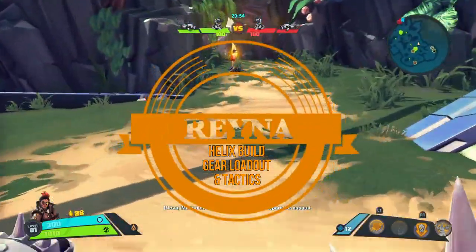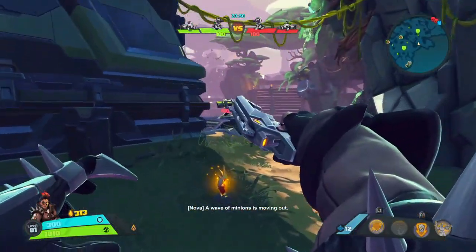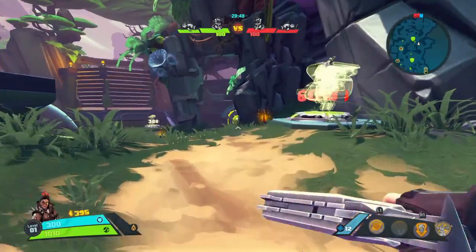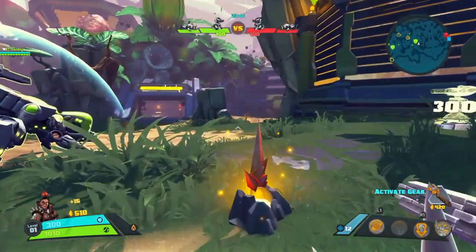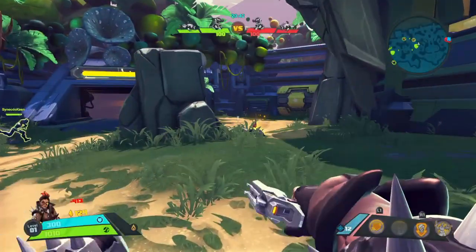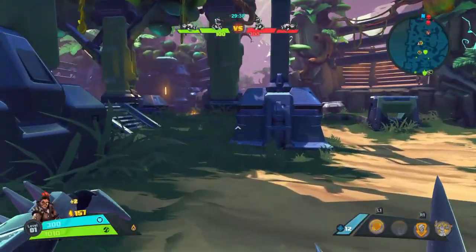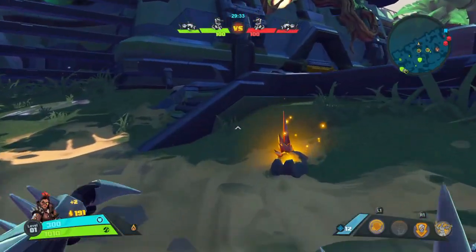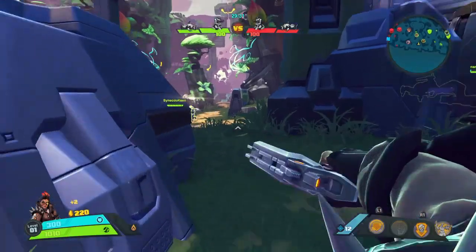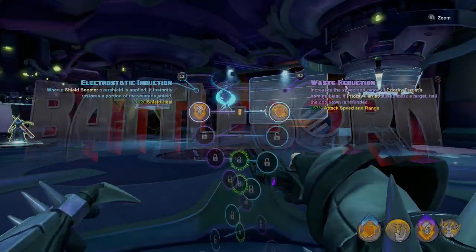How's it going, everybody? Erik and I here again, this time with a character guide for Reyna. As far as support characters go, I think she's one of the best, and she's super underused and underrated, in my opinion. So I want to go over with you how I build her Helix, what kind of gear I give her, and what sort of tactics I use in PvP, and hopefully it could be of some use to you. And since Reyna's such a badass and probably doesn't have time for this, let's just jump right into